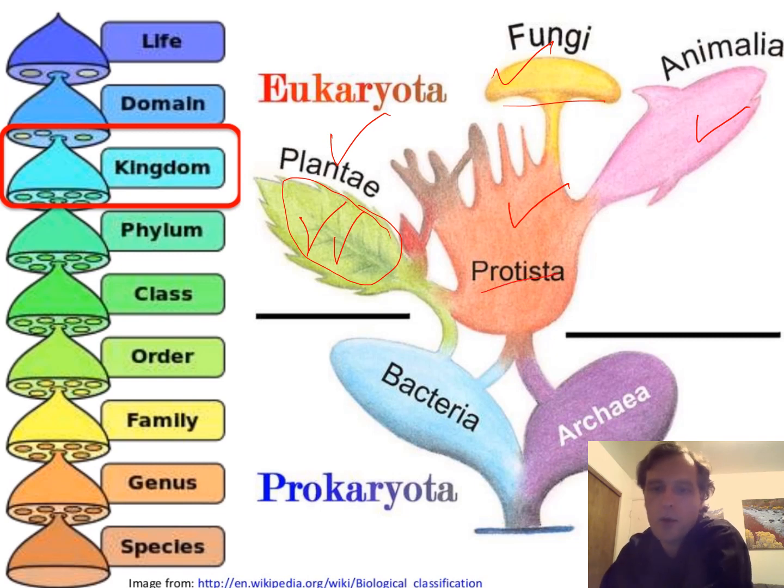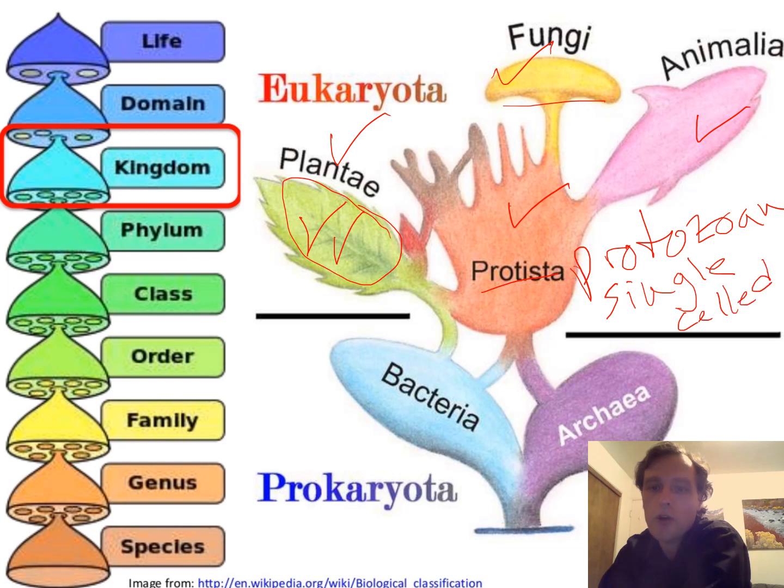Protists. This is the most difficult one to remember. You can also call them protozoans, and they are always, pretty much always, there's always exceptions in biology, variation. They're pretty much always, though, single-celled, and they are also eukaryotic. They are, so notice here, eukaryotic. So they have all the same cellular structures generally as animals, fungi, and plants, such as a nucleus.